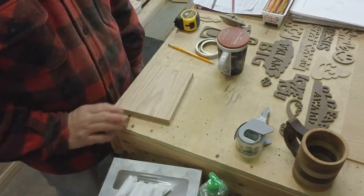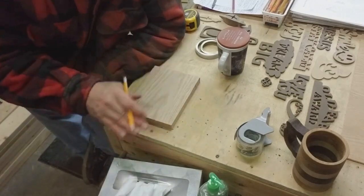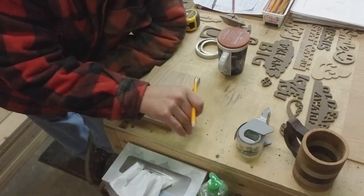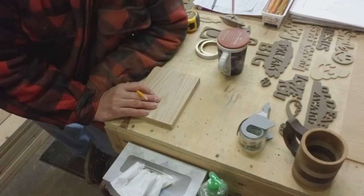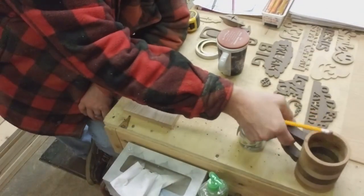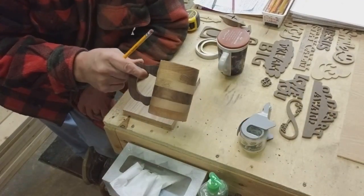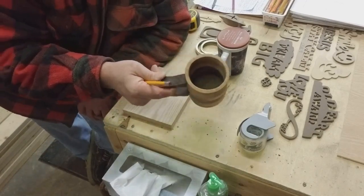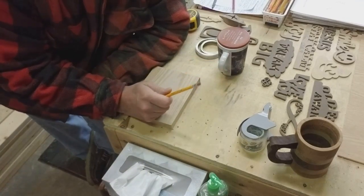Get a piece of wood. Okay, so I tried a bunch of different ways to do this. There are people out there who have patterns that you can download, and it's basically just a ring. That's what the scroll saw mug is, just rings. You cut rings out of all different kinds of wood. You can use the same kind of wood, or you can use different species, and it really looks cool together. And you just cut the rings all exactly the same size, and then you